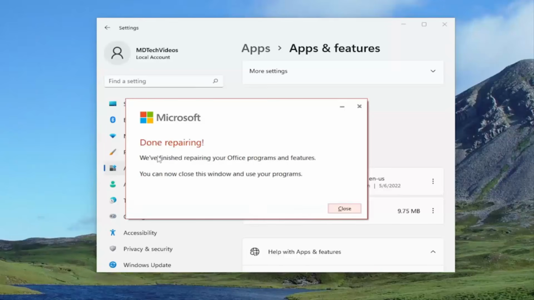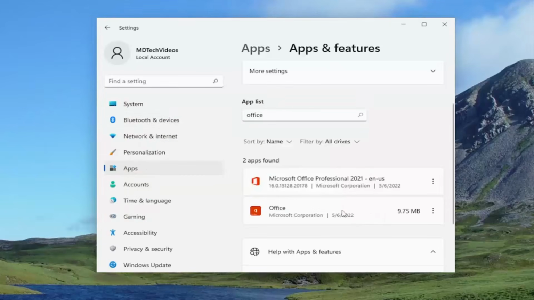Okay, so this is done repairing. We finished repairing your Office programs and features. You can now close this window and use your programs. Just close out of here and then actually attempt to relaunch Outlook and see if your problem has been resolved. If you're still having an issue, you can come back into here and